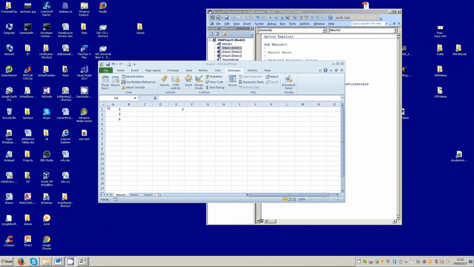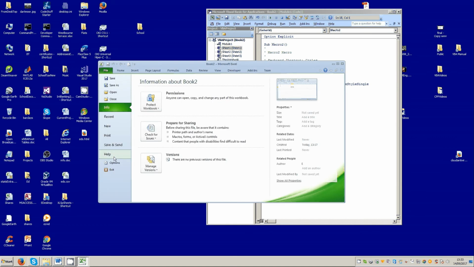Excel has what we call at the moment an A1 style. That means you've got letters across the top and numbers down the side. That's the A1 style. Well, if we'd like to change that, I'll go through the file and then the options and take a look at